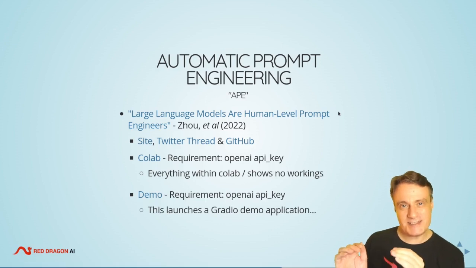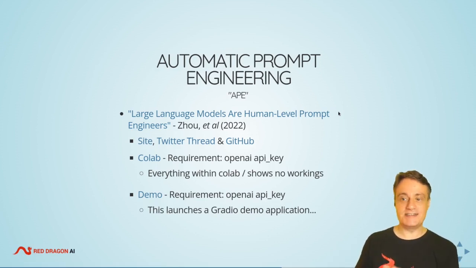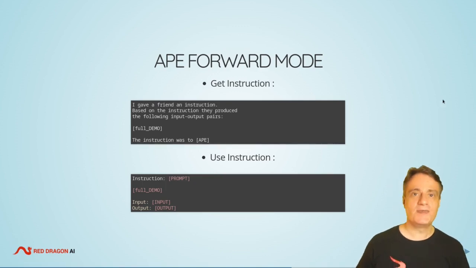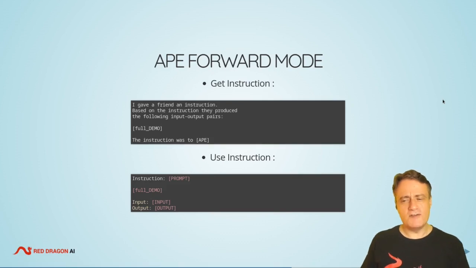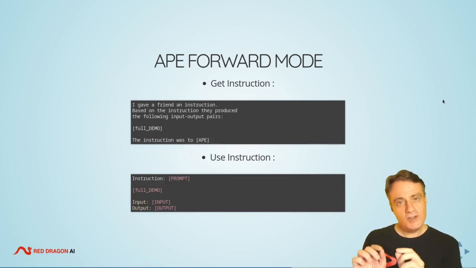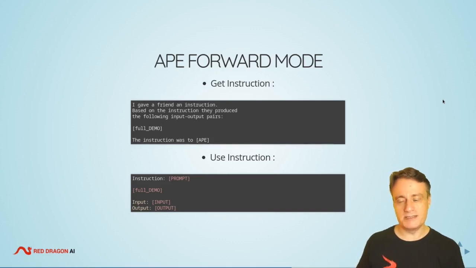The highlighted paper here is called Automatic Prompt Engineering, or APE. Basically, this has a very nice site set up, and they've got a GitHub and a Colab you can play with. So the basic technique is outlined here, and it's kind of devious. The prompt you give the model is, I gave a friend an instruction. Based on the instruction, they produced the following input-output pairs. And then you put the thing you were interested in getting the model to do as input-output pairs. And then you say, the instruction was to